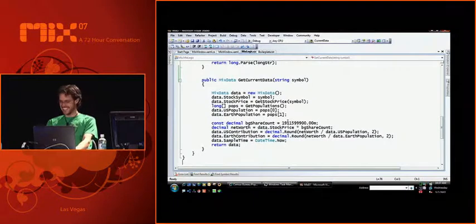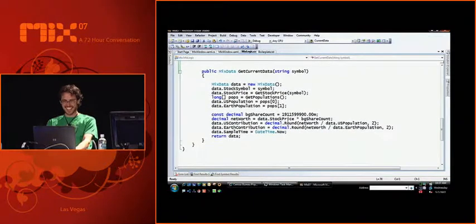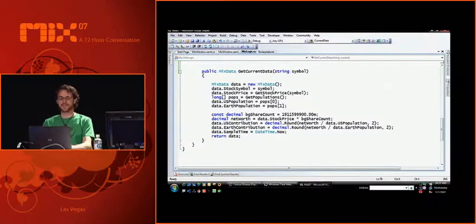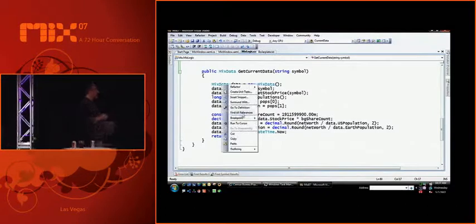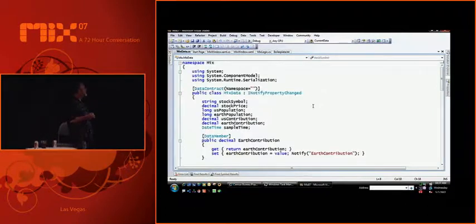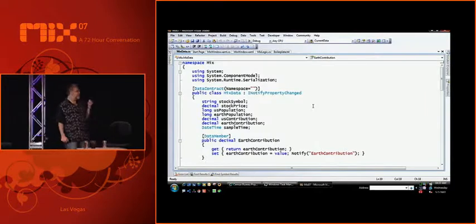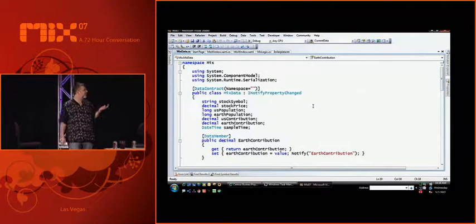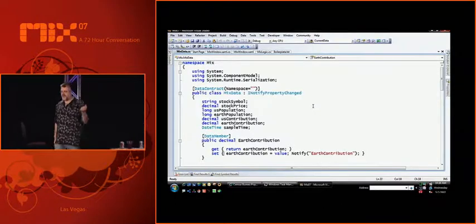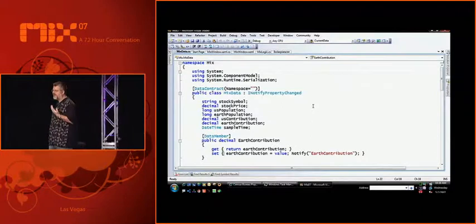Great. Cool. So here we're looking at this function, which you just kind of wrote while I was blathering. And what this thing does is it goes out and conjures up a data structure called mixed data. Can we go look at mixed data real quick? Yeah, sure. So mixed data has 7 pieces of data in it. The stock symbol we use to go figure out these numbers, the stock price at the time we did the calculation, the 2 population numbers, that is the Earth and the country.